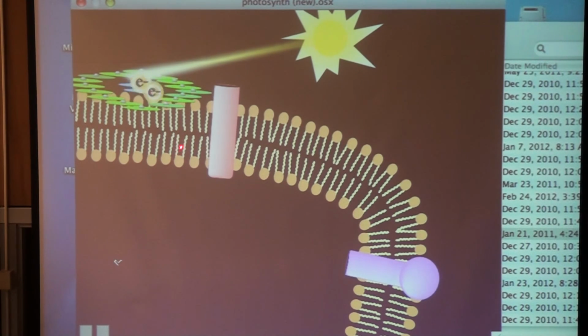There's going to be a molecule called plastoquinone, which is going to go up and grab these two electrons. So that's the beginning of the electron transport system, plastoquinone is, and shuttle them to this molecule right here, which is also part of the electron transport system. And that one's called the cytochrome complex. Okay, here we go. There's plastoquinone. It grabs those two electrons from photosystem 2, shuttles them to the cytochrome complex. And what's going to happen is the cytochrome complex, well, I should tell you structurally what it is. It's a protein